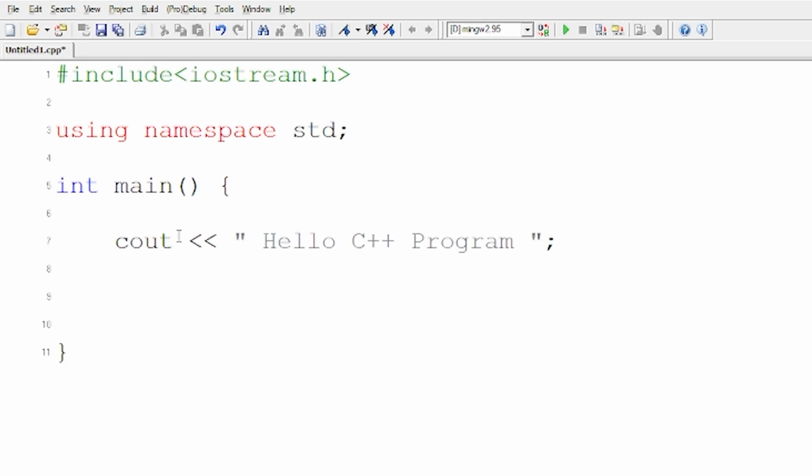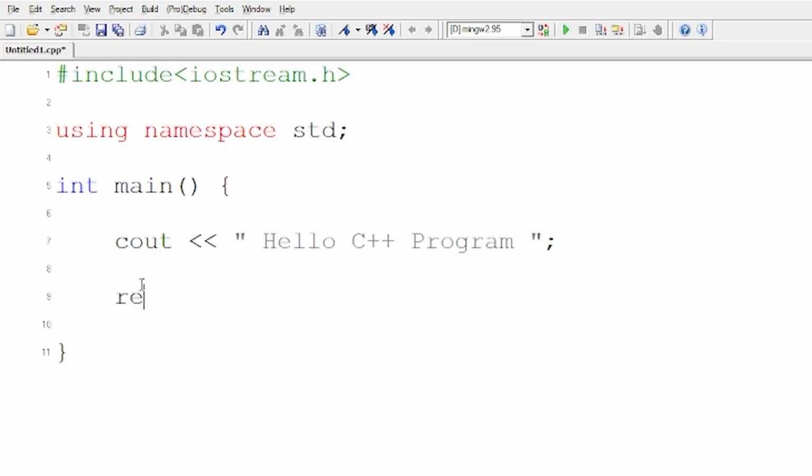Now this semicolon is given in order to tell that this is the end of this particular line and you can terminate this line at this particular point. So after a semicolon, if you write something, that will be considered an error. So semicolon means that particular line has ended over here. Now, one point you can note is that a semicolon is not given in every single line in C++. For example, you will not see a semicolon in the header file. This is called the header file. And you will not find a semicolon in the main function. But in other statements, mostly you're going to find a semicolon just to tell that this particular line has been terminated or ended over here.